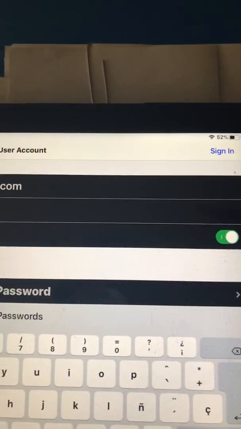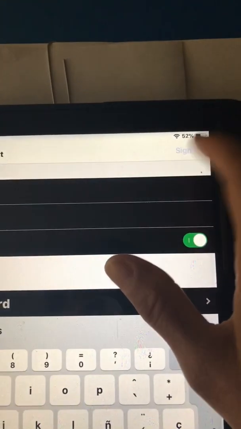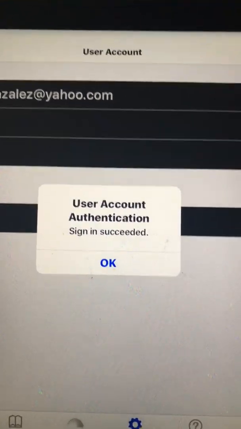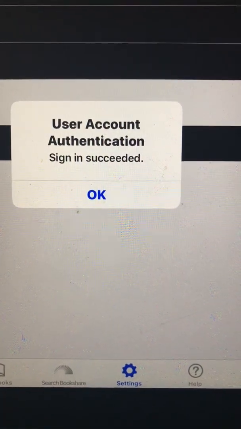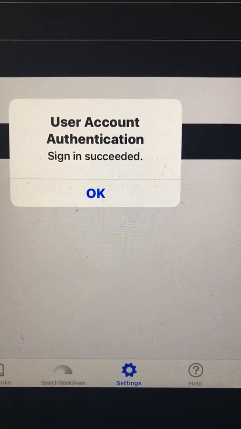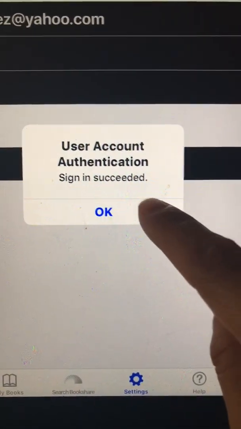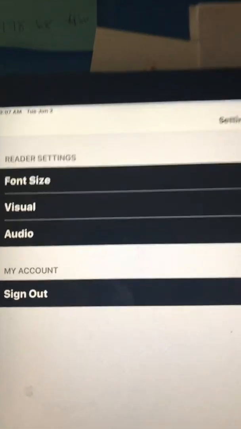So once you have your password and username, go ahead and hit sign in. And it should give you a little message that says user account authentication, sign in succeeded. Oh, we love that. So go ahead and say okay. Settings. So we're logged in, and this is where it comes